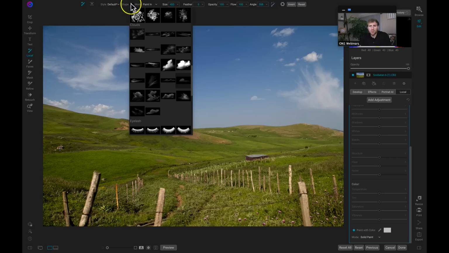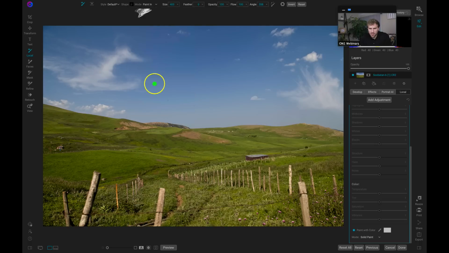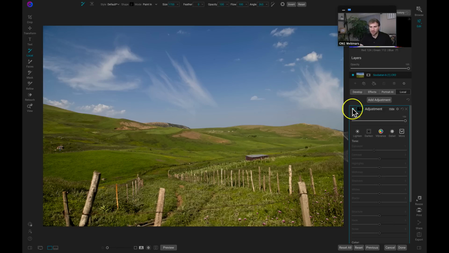And again, you can incorporate any of these different creative elements. You can also import your own cloud elements. I'm just going to grab this one here. Again, we'll make it really big. I'll rotate this. That looks pretty good. And then I'll just, again, paint this on. And there we go. Now we've added in different cloud elements into our sky just by brushing them on to our scene. So if I turn this adjustment off and on,